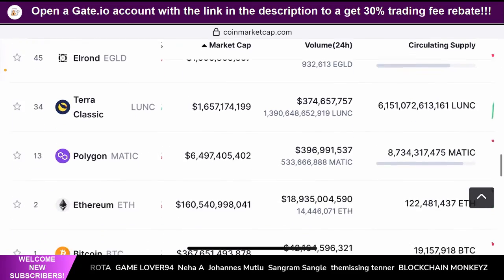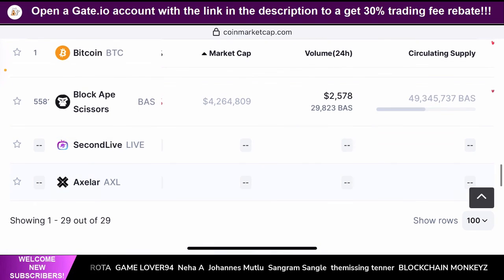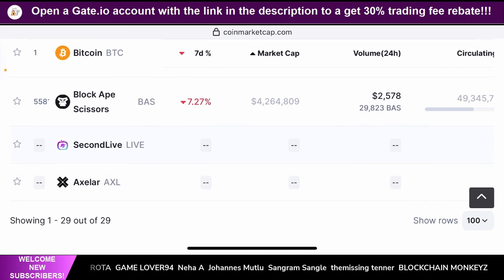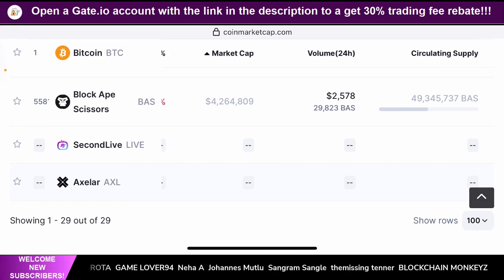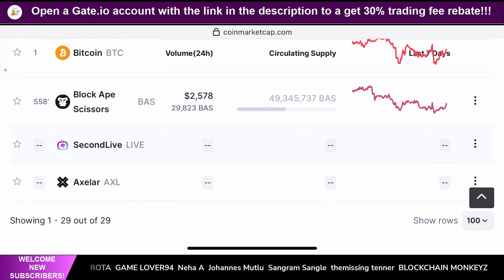When I kept going deeper and deeper, I found, there you go, Block Ape Scissors, right? So I didn't just choose this because I want to choose it. I just chose it because it has good market cap values. It has strong fundamentals. It's a Binance Labs portfolio, obviously. You can clearly see in the past 7 days, it's been going down. So that took my curiosity to see the charts, and I found that this is pretty much the lowest price point. This token is available at this price point,